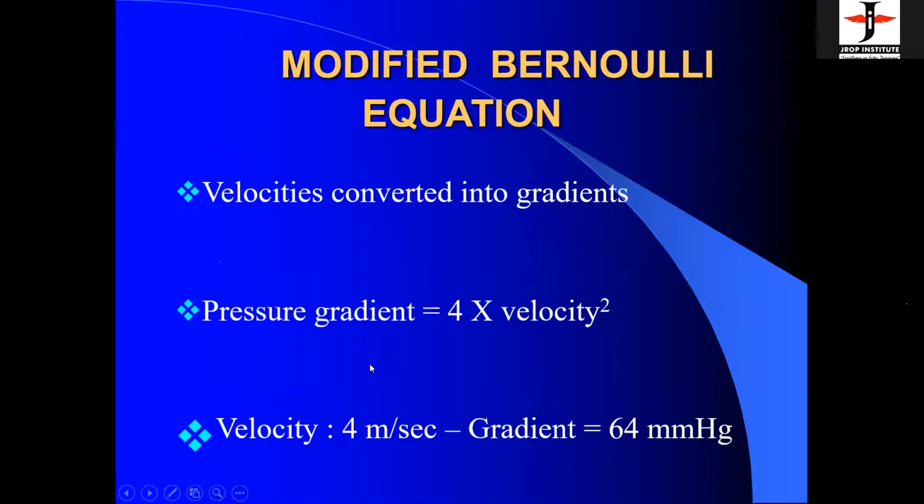Now suppose in the same patient, you have taken a wrong velocity. When you have taken a wrong velocity, your gradients will also be wrong. You have to take a good velocity and the machine automatically gives you the value. So your job is to record a good velocity from multiple scan planes, and whichever scan plane gives you the maximum velocity, please take that view, measure it, and then convert it to gradient. So this is the importance of measuring a complete, correct velocity.